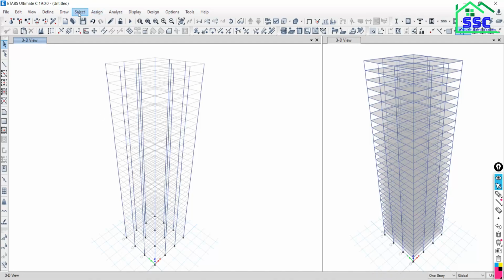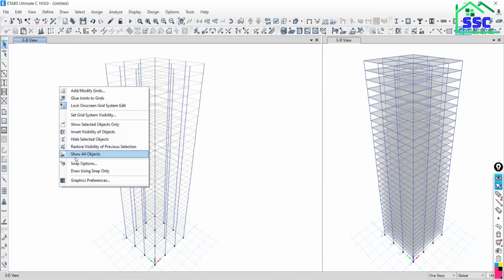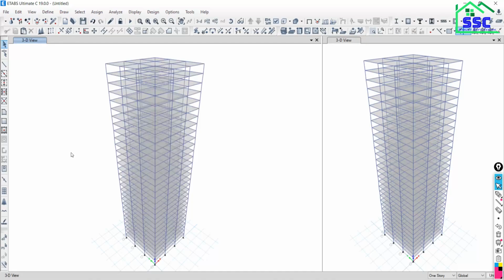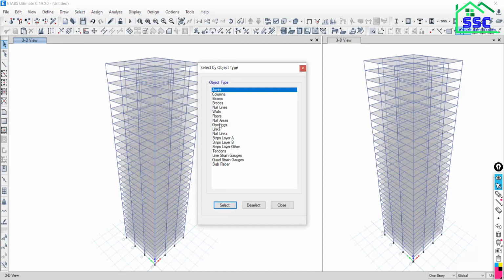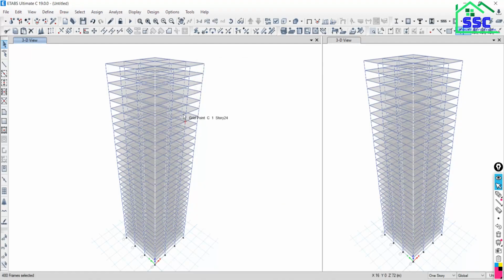Another option is also there. Just right click on the window and say show all objects. So all objects will be there. Now suppose, go to select, go to object type and say column, select. So the selection of the column is there, but now at this time I want the inverse thing.